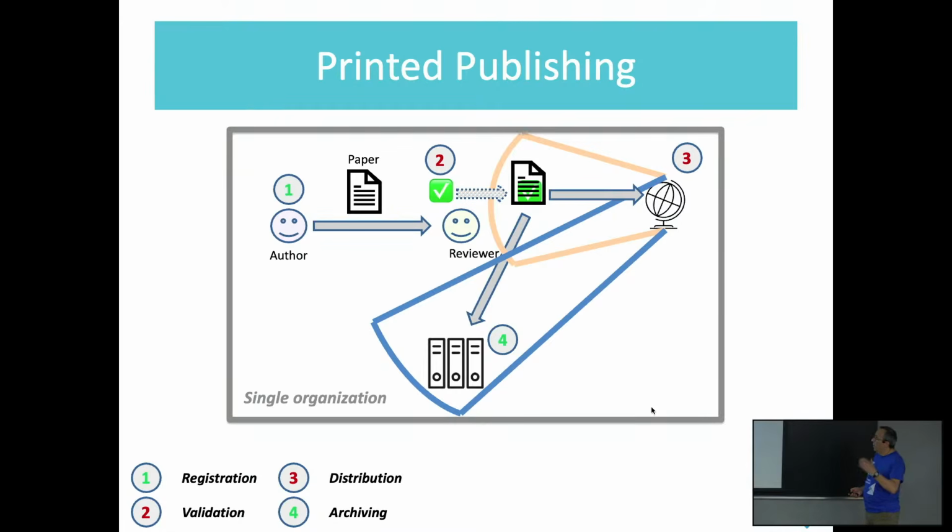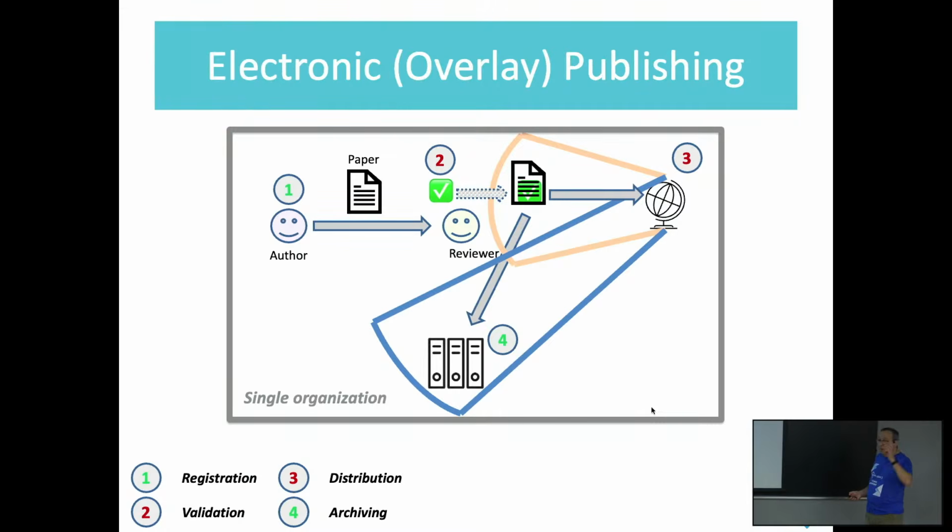Now, when we had printed publishing, one single organization had to do all this, like Springer, like ACM, like IEEE, like Elsevier. One organization. But when we go into electronic publishing, which is what we've been doing for the past, I don't know, 10, 20 years, a different way of doing things is emerging called overlay publishing,